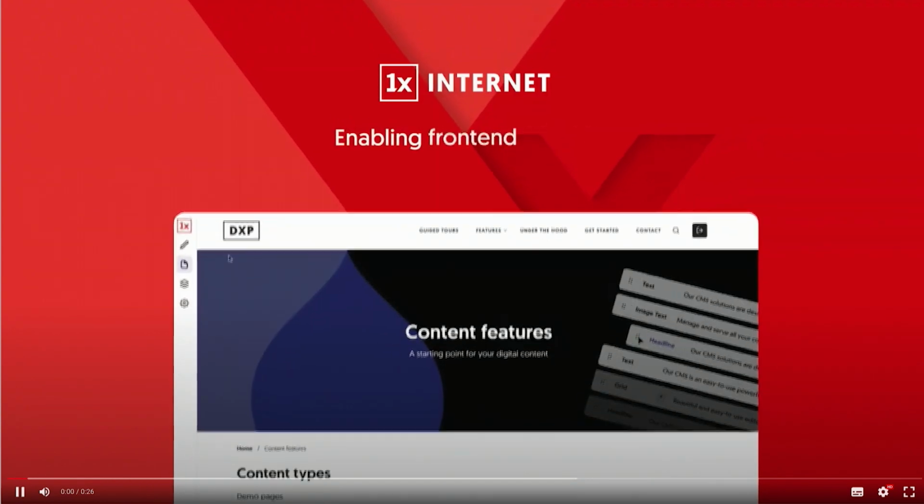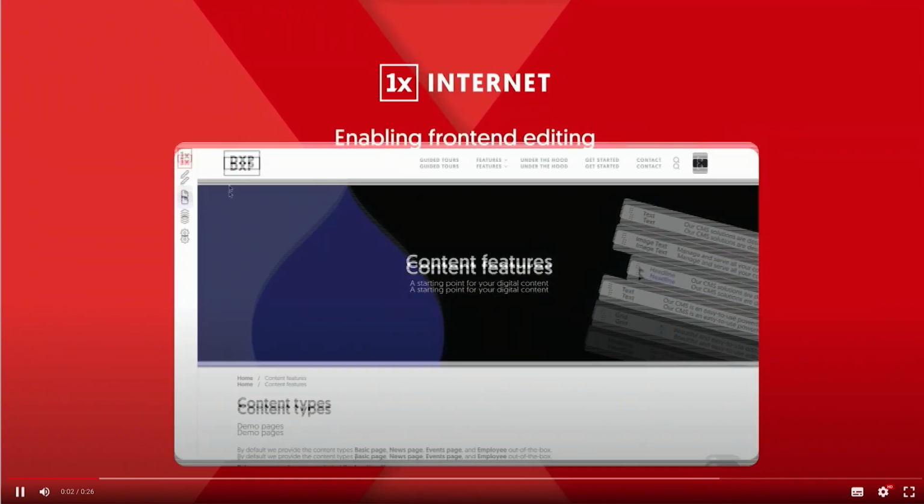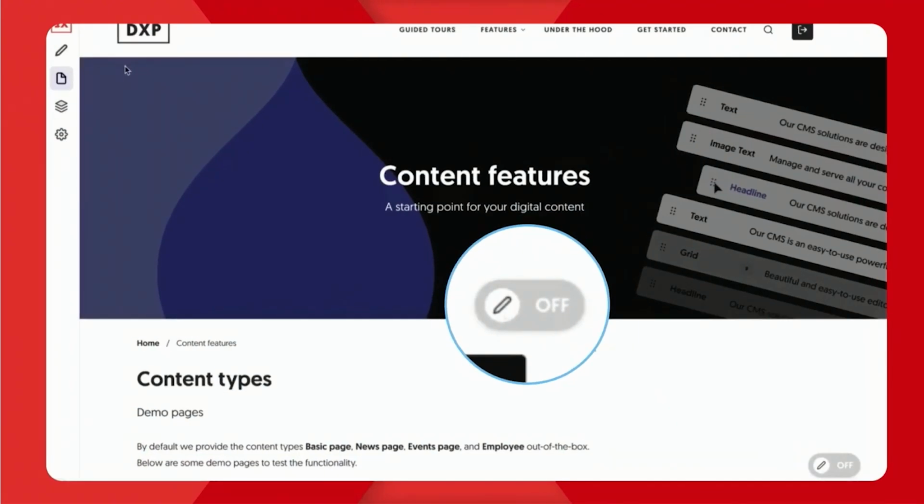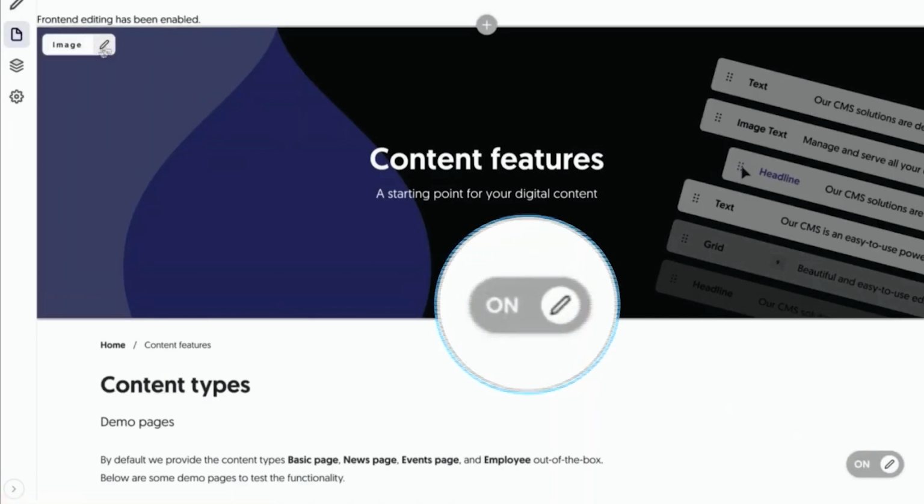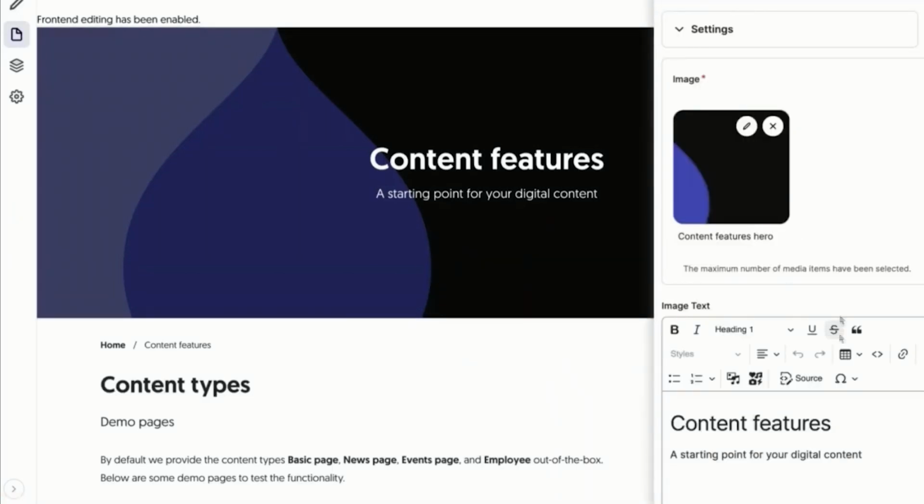There is actually also a small video here just showing you how that works. You can see in this case it sits on the bottom right. Just like that, you easily enable it, and you have this new UI where you can make these changes. And this we already know about.